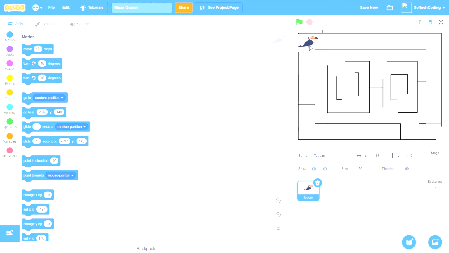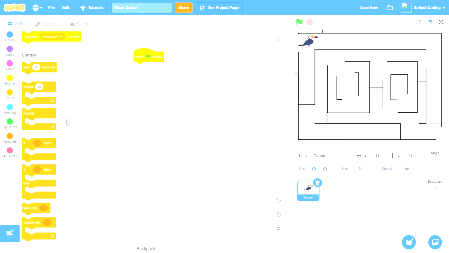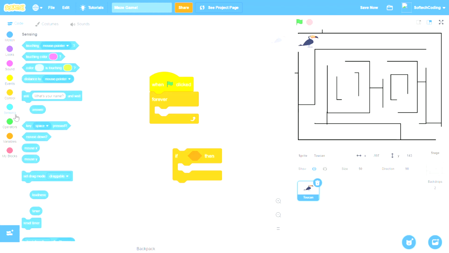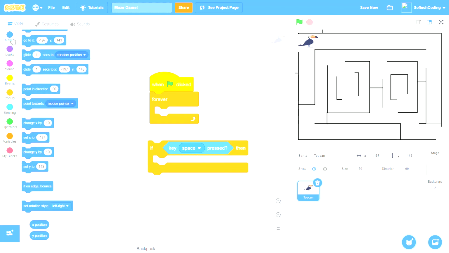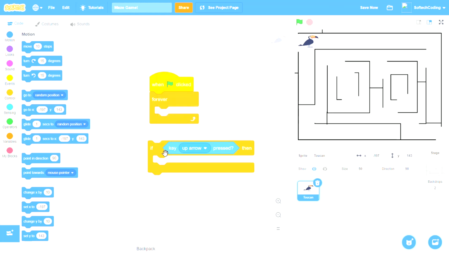So now what we're going to do is click on when green flag is clicked. We want forever, and I'm going to pull out one if block. The first thing I'm going to do with this if block is go to sensing and pull out a key space pressed block and go to motion. We're not going to put anything in it yet. So for example, the up arrow. So now I'm going to click on change, pull out the change Y,